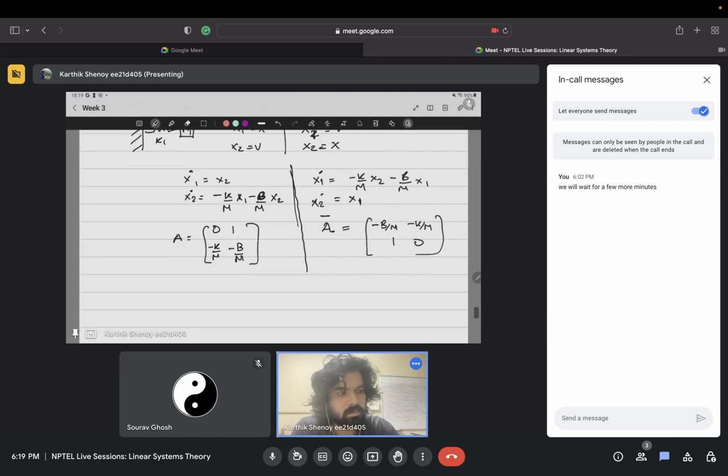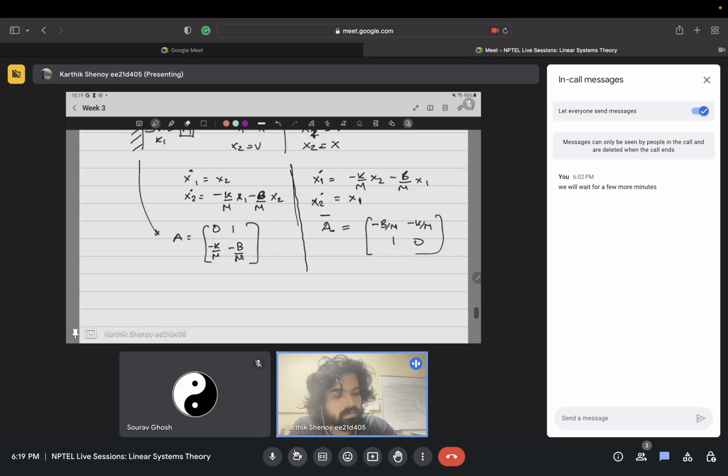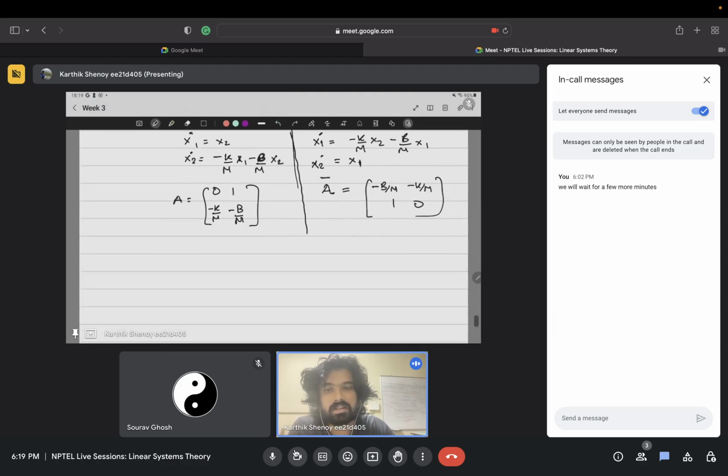But then you know that the system is the same. I am dealing with the same system, so all the properties of the system must be the same. All the properties of this A matrix must be the same as the properties of this A bar matrix. We can't say that the matrices are the same, because they are clearly not the same. But if you look at their rank,